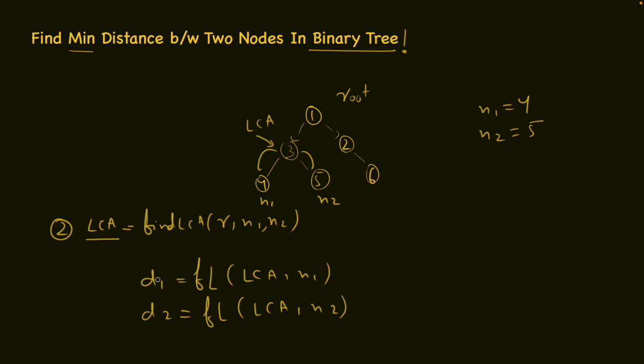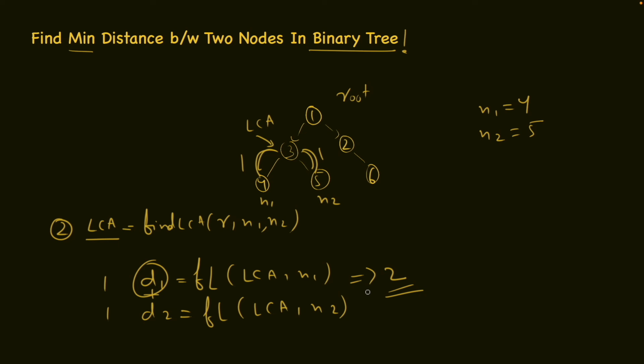This is going to be a distance 2, and then if you add them, you have your answer, which is 2, because distance 1 is going to be 1, because from here to here is only one level distance, and from here to here only one level distance. So both of them are going to return 1 and 1, and the result is 1 plus 1, 2, which